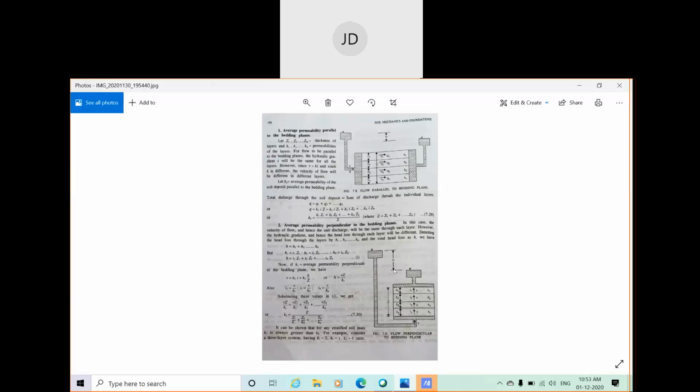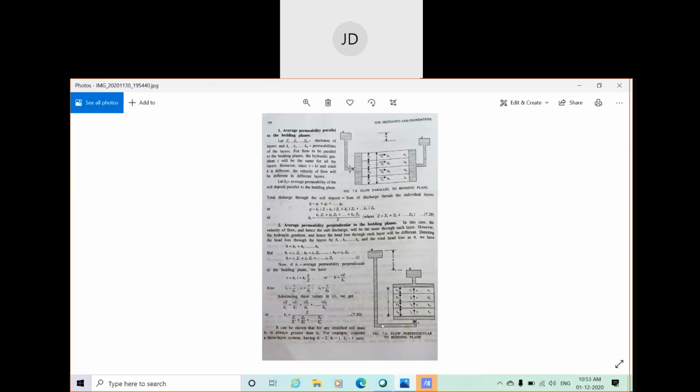Since the head difference is h, like this. It is clear. I think from the drawing also you can understand which drawing is for parallel to the bedding plane and which drawing is for perpendicular to the bedding plane. So in the second case, the velocity of flow